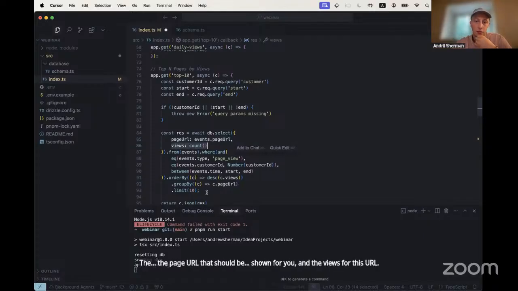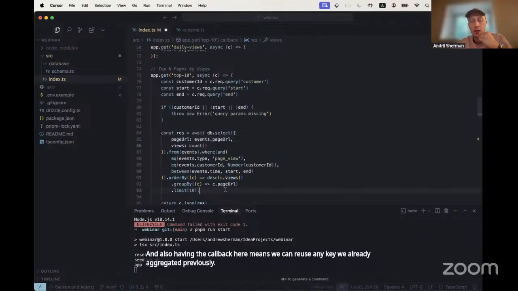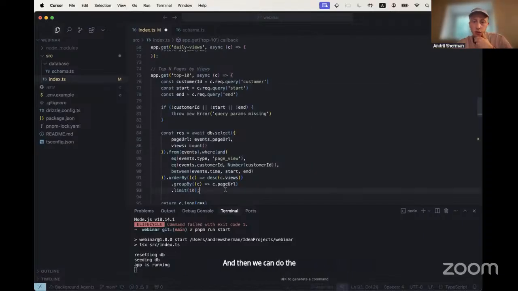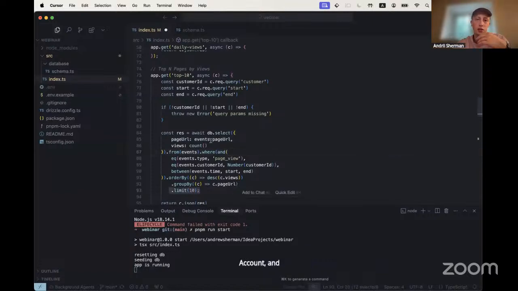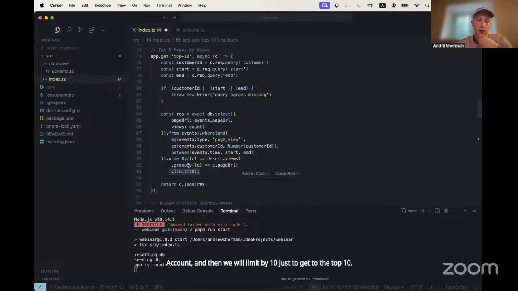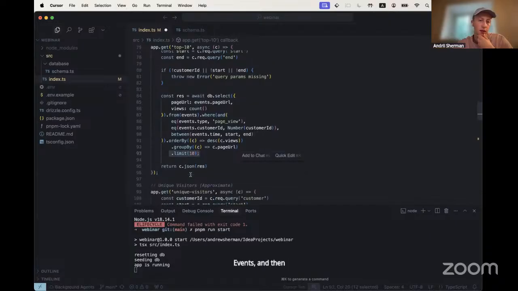And then, which is most important, we need to order by the views. And also having the callback here means we can reuse any key we already aggregated previously. And then we can do the descending order for our pages. And then we can group by each page URL to get the exact views count. And then we'll limit by 10 just to get the top 10 events. And then we can get back the data.